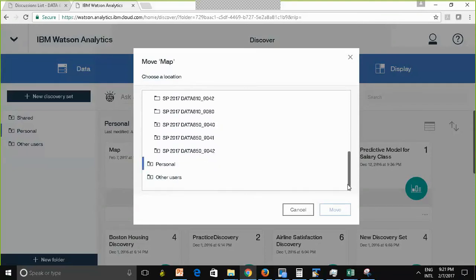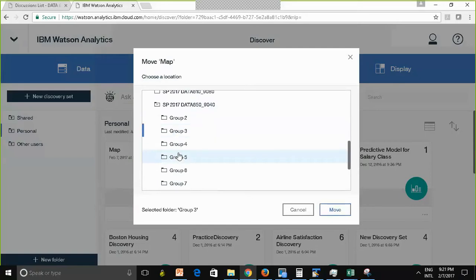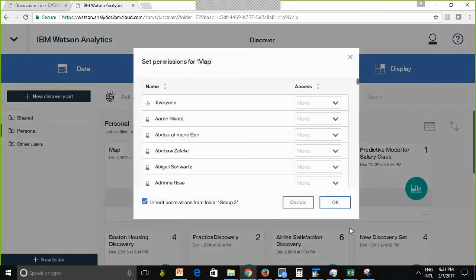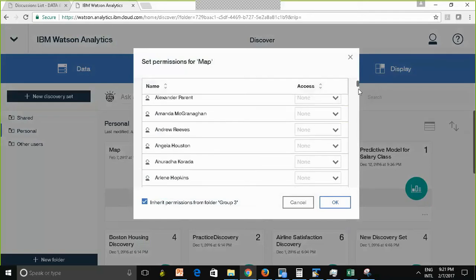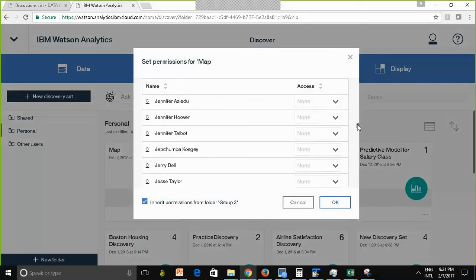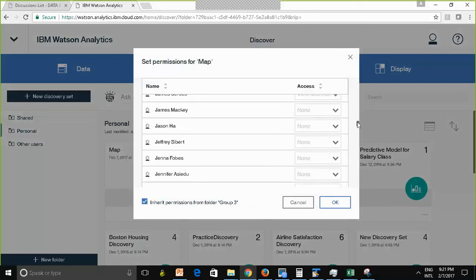So for a minute, let me imagine that I'm a student, and I'm taking session 9040, and I'm in group 3. Let's just imagine that I want to share something with my group members, team 3. And I just move it. This is very important, do not uncheck everything, because I already configured the folder for the group members. But again, for this to work, you need to be active